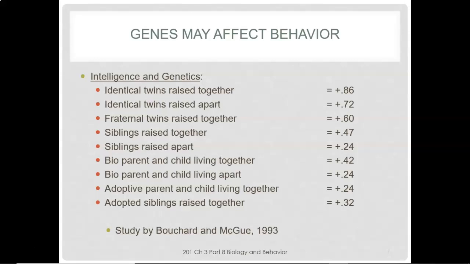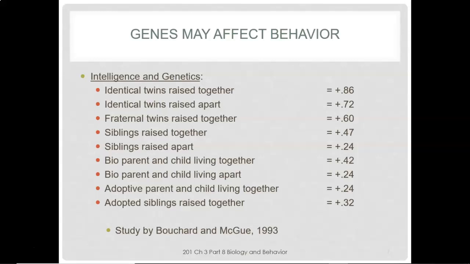When biological parents and children lived together, the correlation was about positive 0.42. Bioparent and child living apart, that correlation plummets. So, being raised with the biological parent was part of the environment that shaped